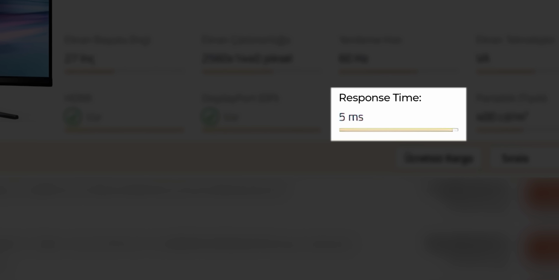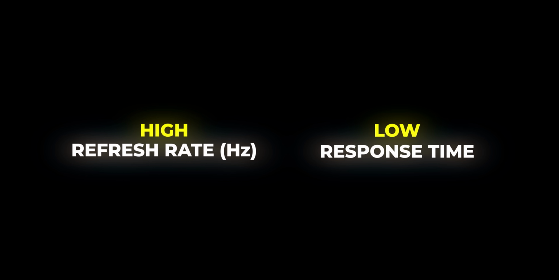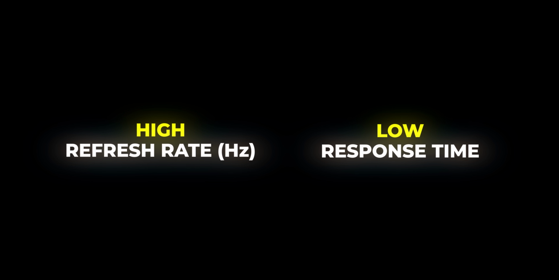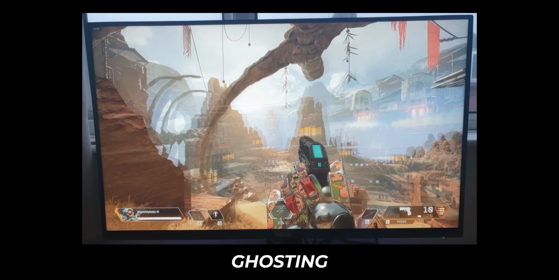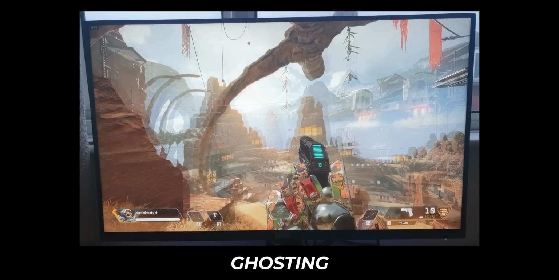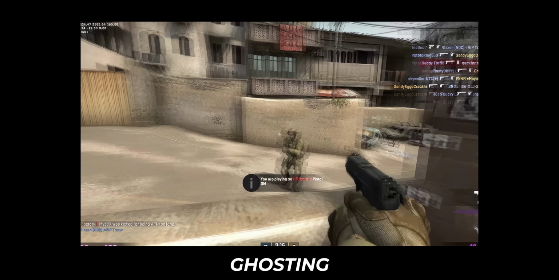Gaming monitors typically have lower response times due to the need for speed, while other monitors might have higher values. Actually, when buying a gaming monitor, it's not enough to only consider the refresh rate, because if a monitor provides a high refresh rate, it also needs to have a low response time. Otherwise, a problem called ghosting occurs. Ghosting results from the response time not keeping up with the refresh rate, causing a blurry effect around moving objects